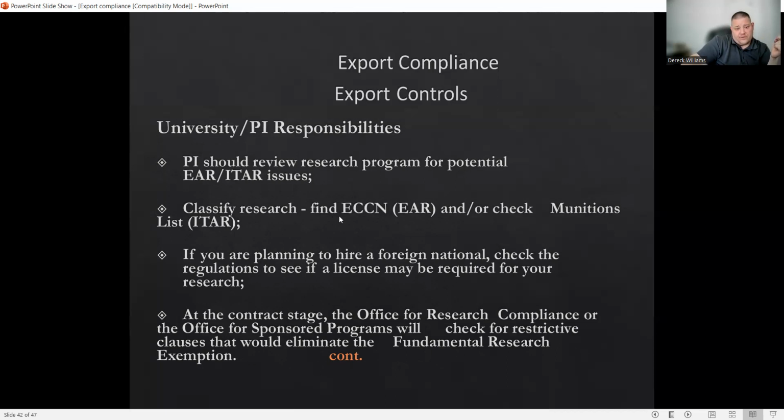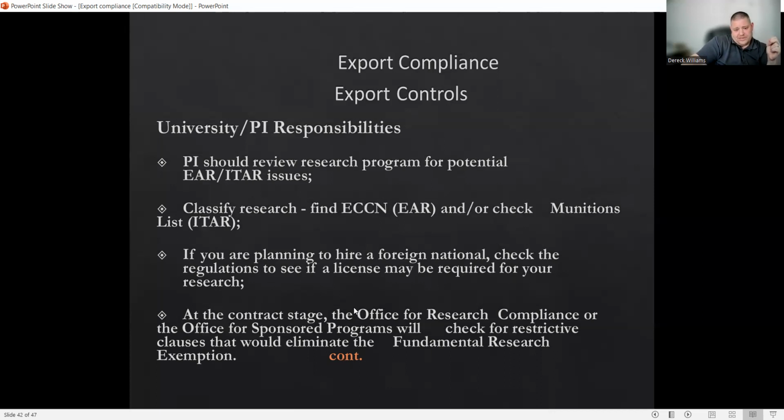You should classify your research and find your ECCN number. Your ECCN number is that code in the EAR that tells you whether or not it is a controlled item, and check your munitions list in the ITAR. So ECCNs are in your EAR, munition list items are in the ITAR. If you're planning to hire a foreign national, check the regulations to see if a license may be required for